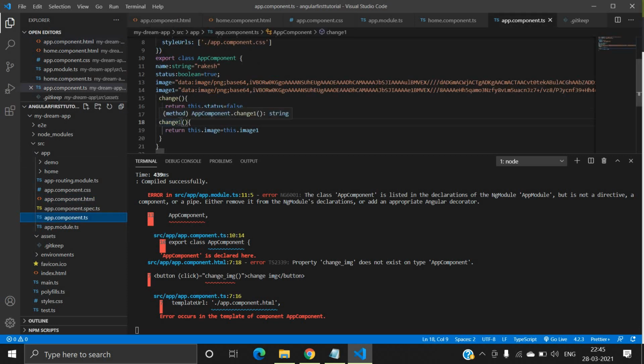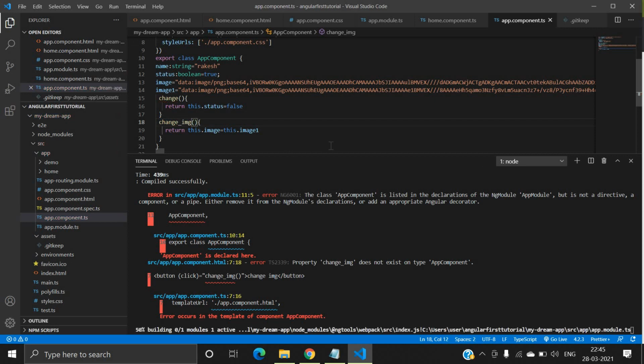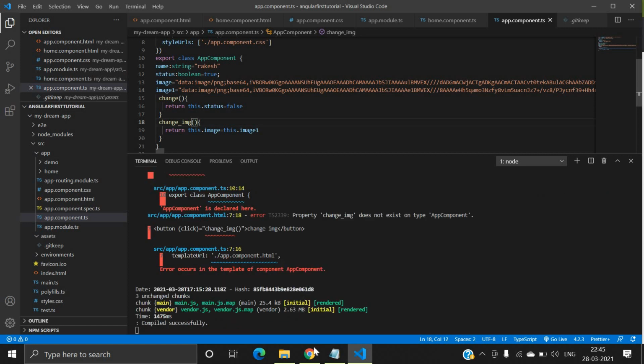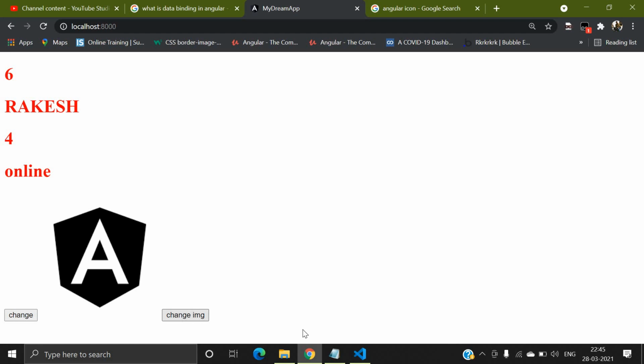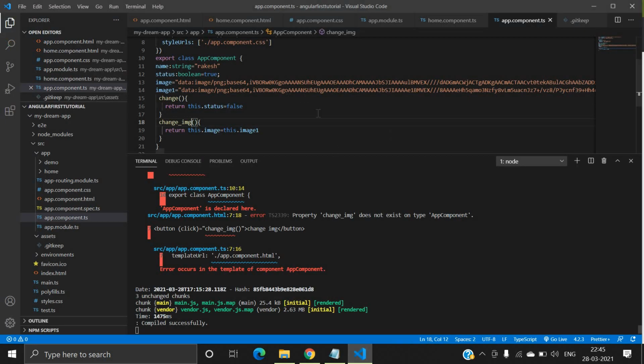We will use the same property, same method name, image, right? Okay, so this is perfect. Now whenever we click on this button, you can see the image is automatically changed. So this is a very basic thing, how to create interpolation.